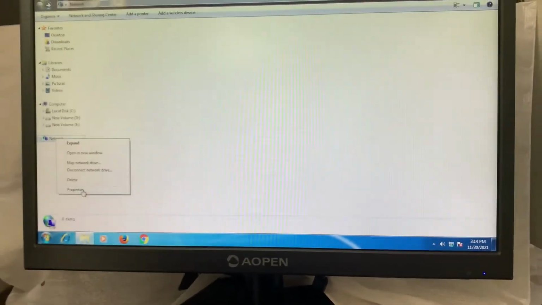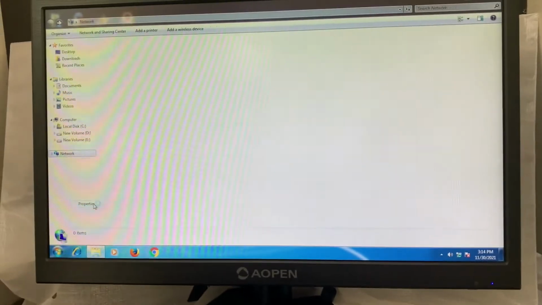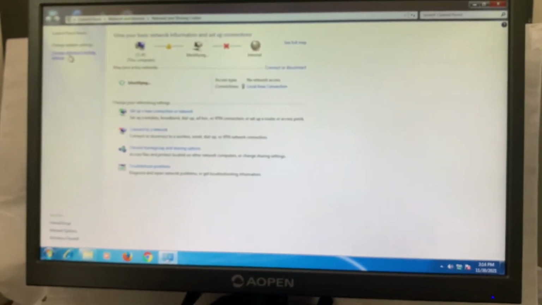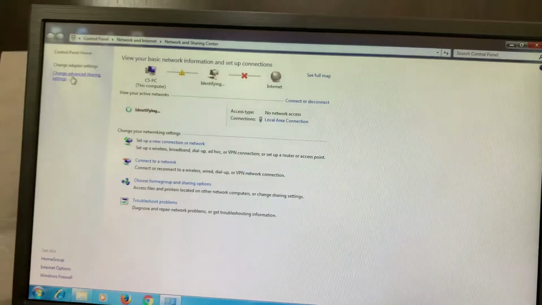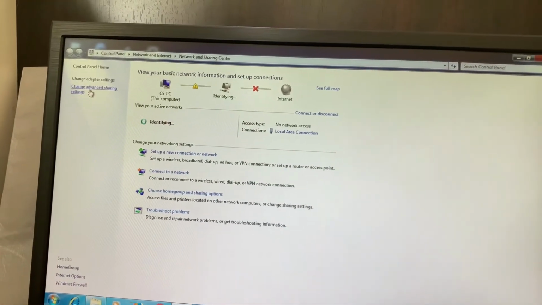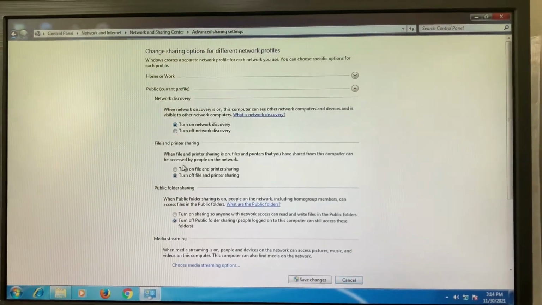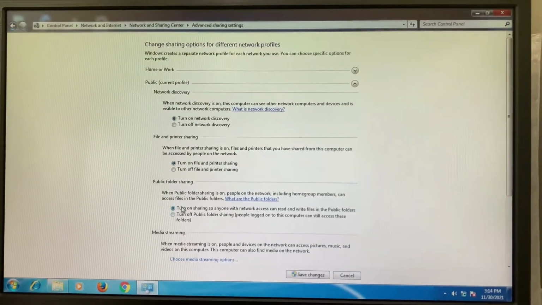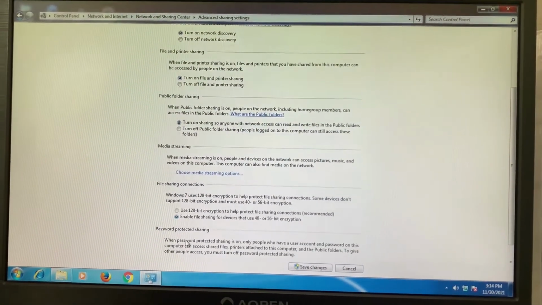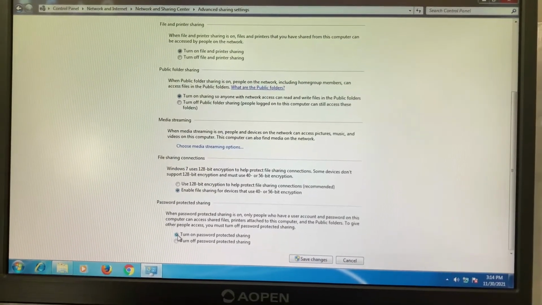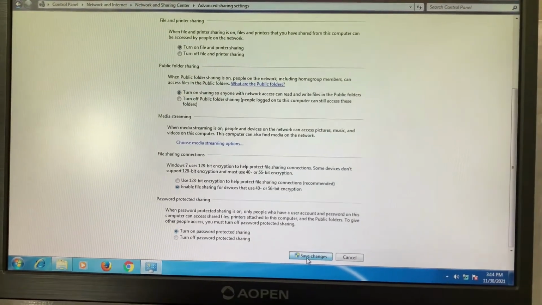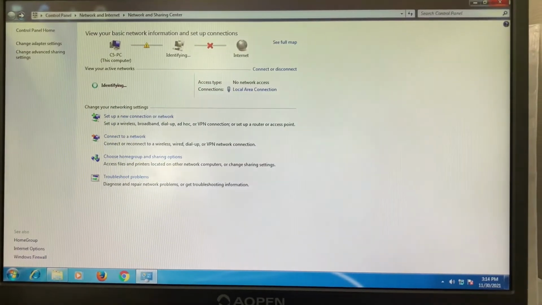We have to go to the network and there you have to click the properties. After that, choose change adapter and sharing networks. Here you have to turn on all the features. Okay.